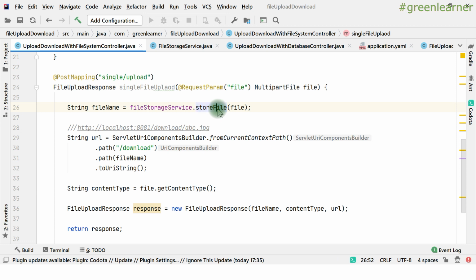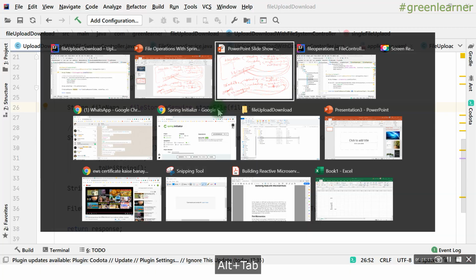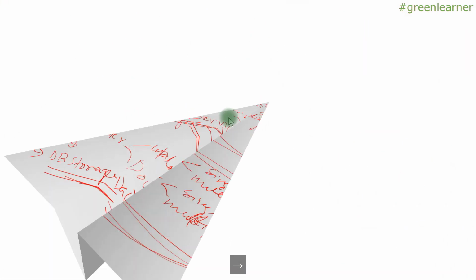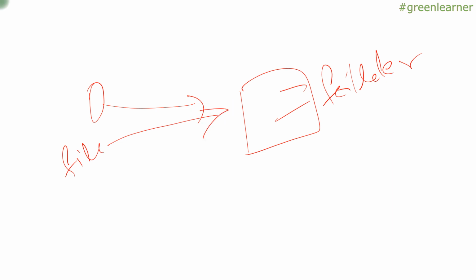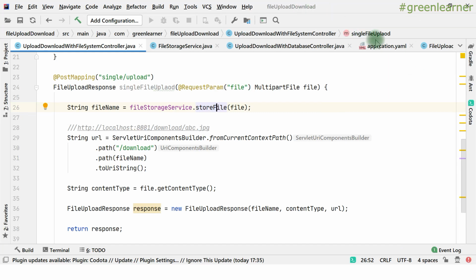So now we have to store this file into the file storage. Let me draw it in the diagram first. So you have given a file, right? And I have to define a folder structure, right? A folder. I have to define a folder in the system itself first, right? So I have to decide the place where I can store this file, right? So let me configure that folder where I'll be storing the file. So I can do it dynamically.